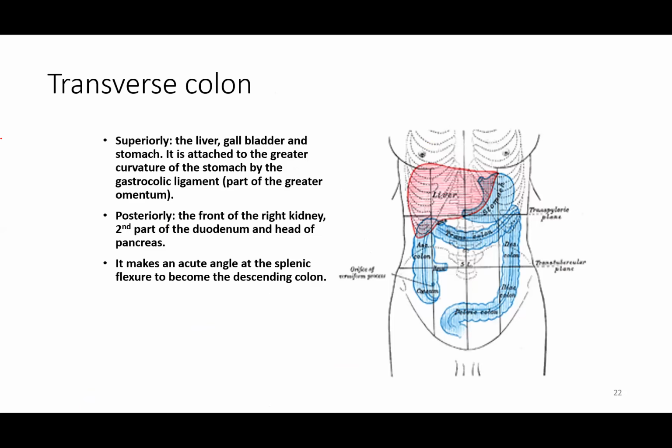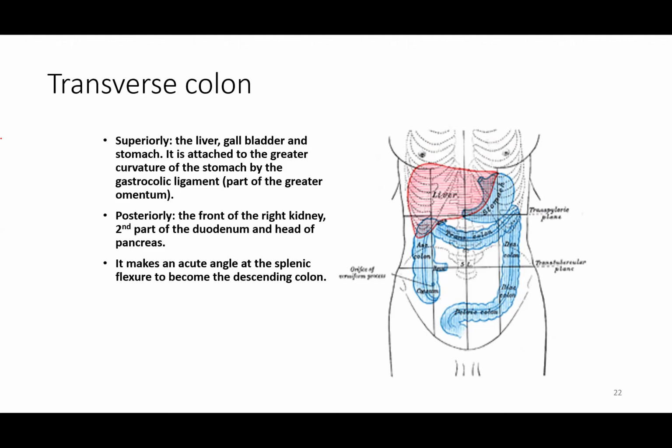Transverse colon. Now, superiorly, the liver, the gallbladder, and the stomach. If you remember when we did the anatomy of the stomach, we said among structures that form the stomach bed is the what? Transverse colon, okay? It is attached to the greater curvature of the stomach by gastrocolic ligaments, part of the greater